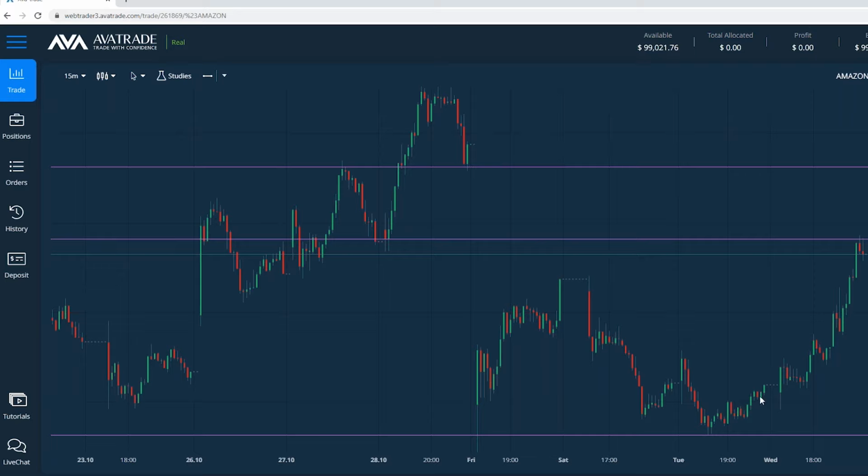Okay, so any questions with what we've looked at, how to use the fundamental tools within the web trader, within the AvaTrade Go app? As you saw, we quickly found that there's big news on Amazon from the fundamental news tool within our platform and app. We're able to pull up, do the technical analysis, draw our price lines, and have a plan for when the market opens now that makes sense fundamentally and technically.